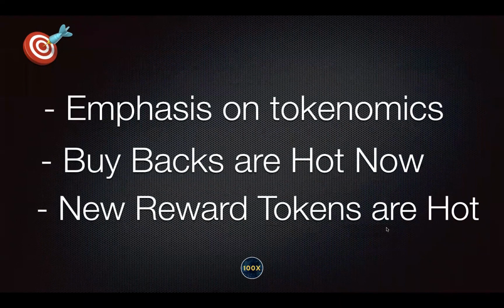Now, here's some interesting stuff. And again, as insiders in the insider conversations, we're going to continue to talk about this because this can change, or there might be anomalies or outliers to this. But we're noticing that the big winners, the big gainers, the emphasis is on tokenomics. So I know a lot of you have gotten excited about one called M Content,